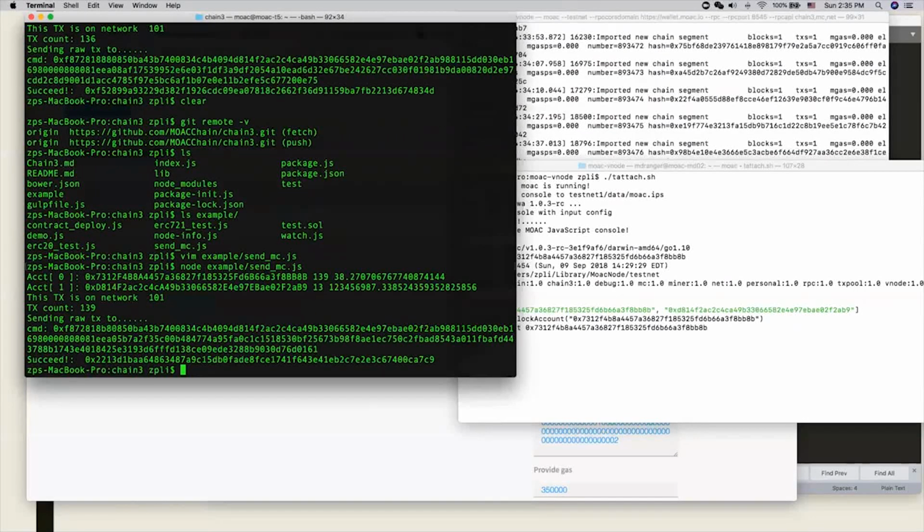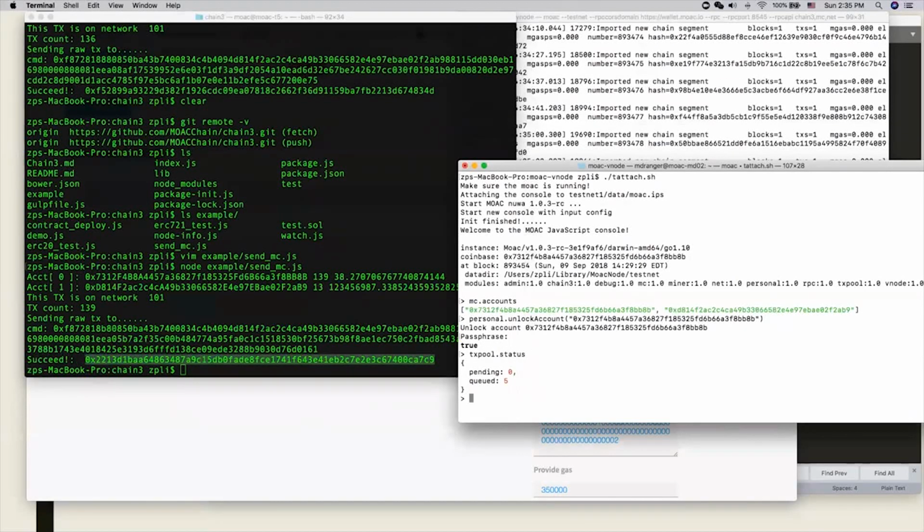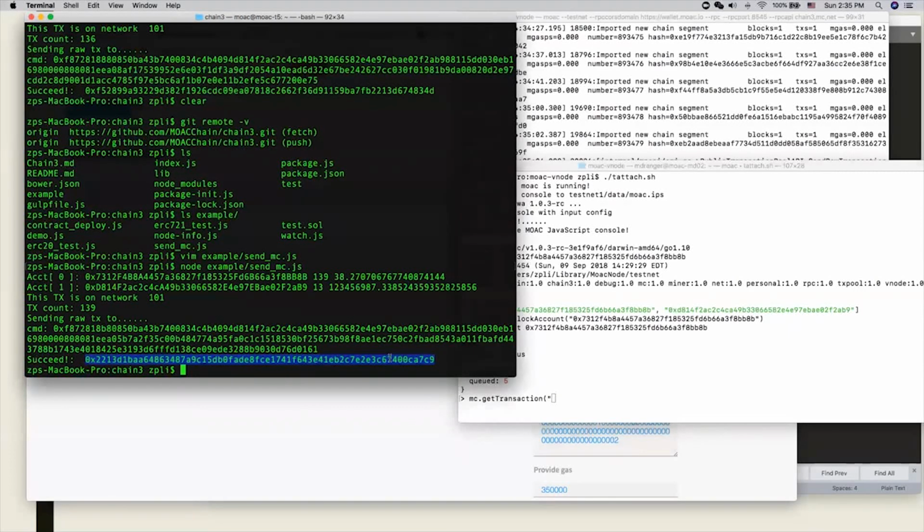Okay. The first step is just to display the two account balances. First account, we send from this account to the other one. It didn't show how much, but when it reports success here, we can check in this console whether the TX pool has this. Okay, it's already sent out. So when you send out, you can use the transaction information and the hash number